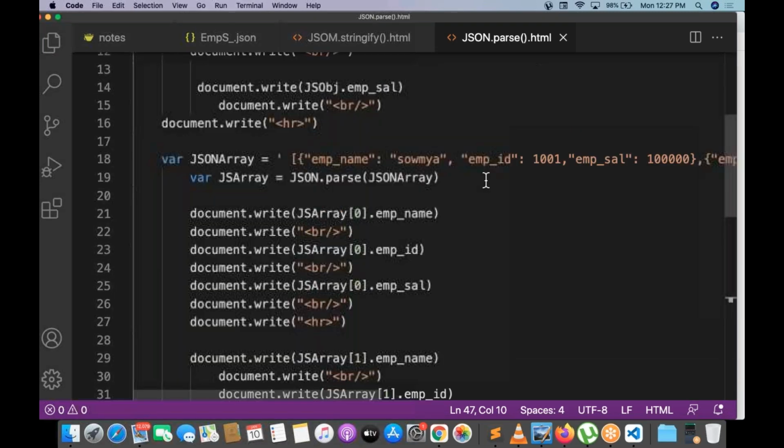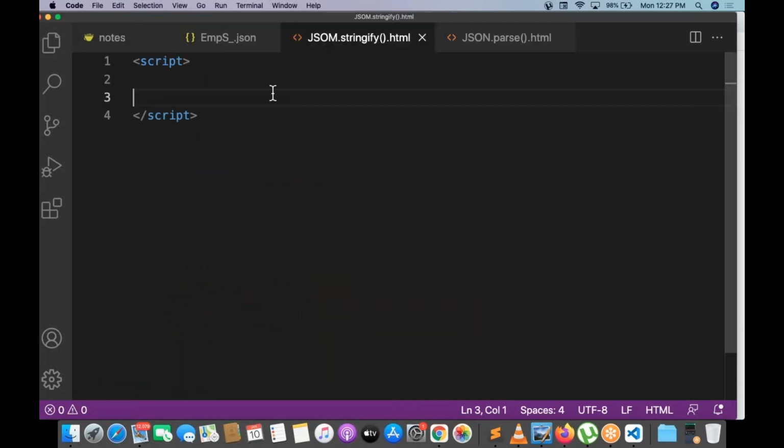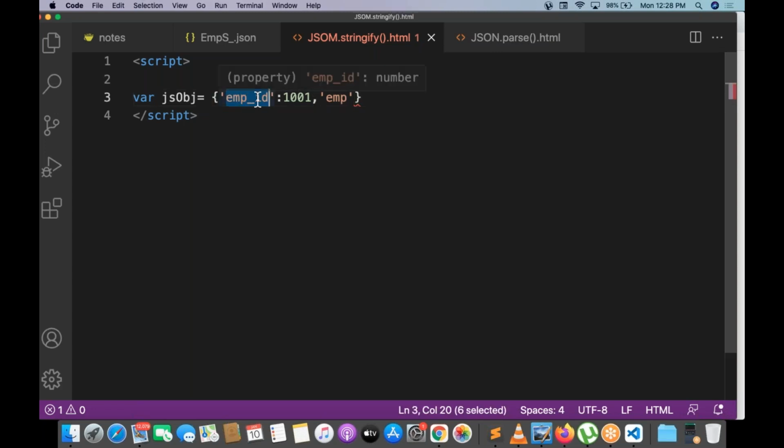Okay, let me create one JavaScript object. Var JS object is equal to, this is the JS object. In a JS object, single quotes are allowed. Employee ID 1001. Employee name, every time employee itself.